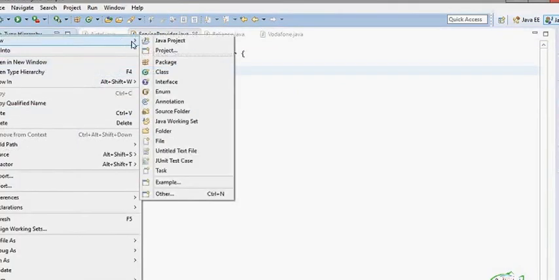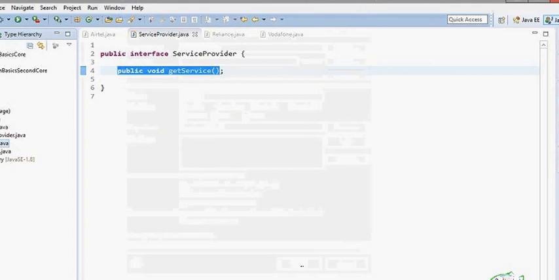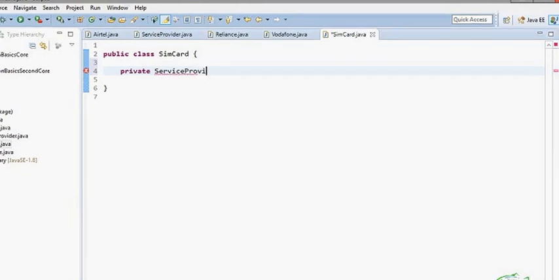Now we will create one class, and the name of the class is SIM card. In this class SIM card we will have the reference, that is private service provider.